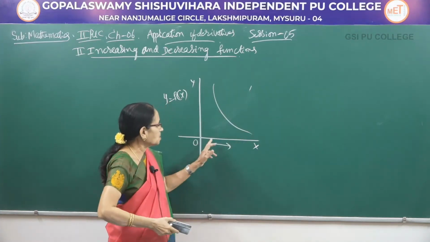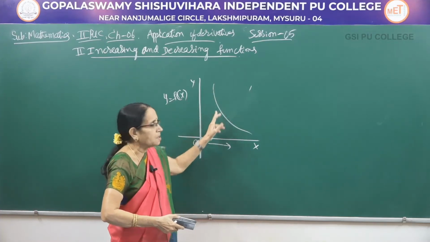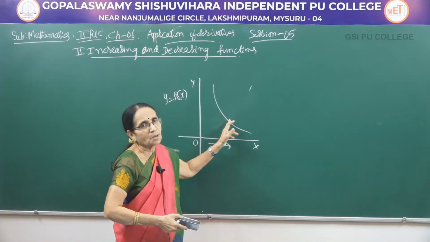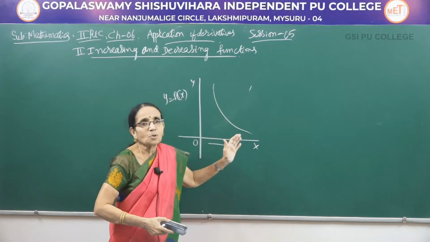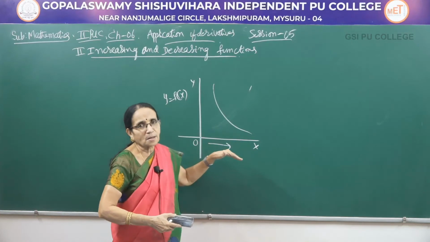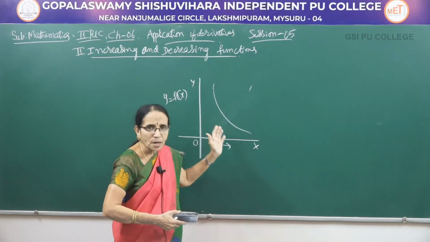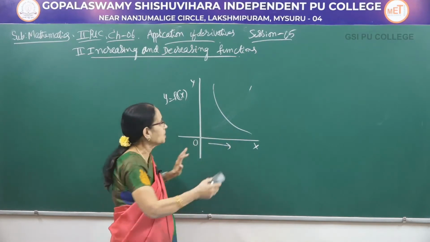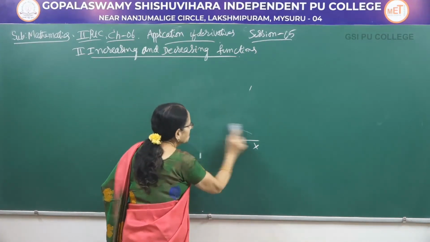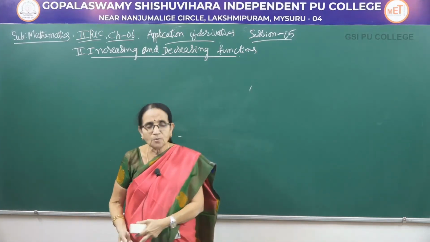For example, when x is equal to 1, y may be equal to 10; x is equal to 2, y may be 9; x is equal to 4, y may be 6, like that. You can see that the values go on reducing, they are decreasing, isn't it? So, x will always be increasing. If y also increases, it is an increasing function. If y decreases, it is a decreasing function. This is the general meaning of an increasing and a decreasing function.